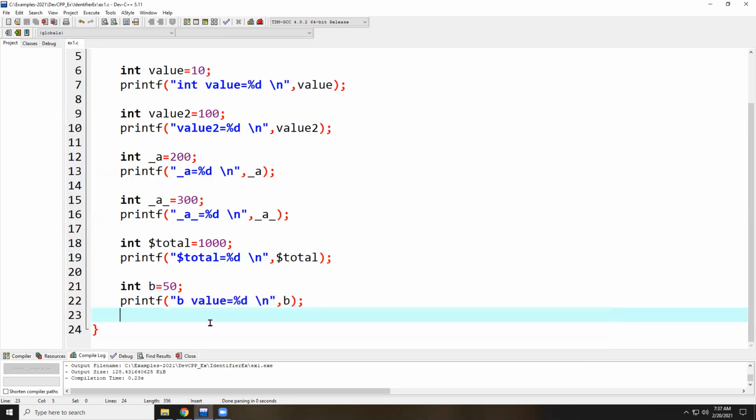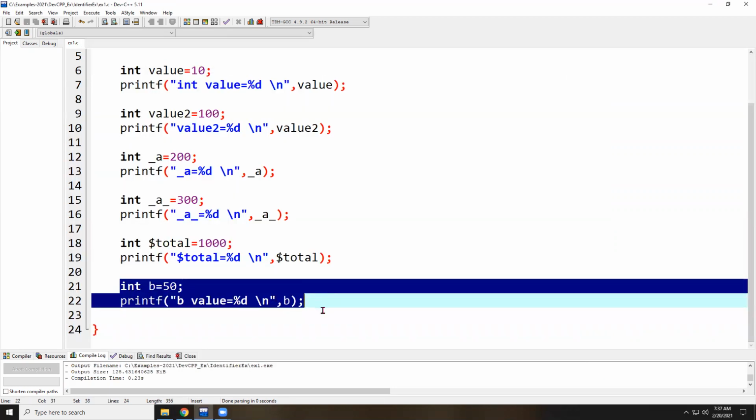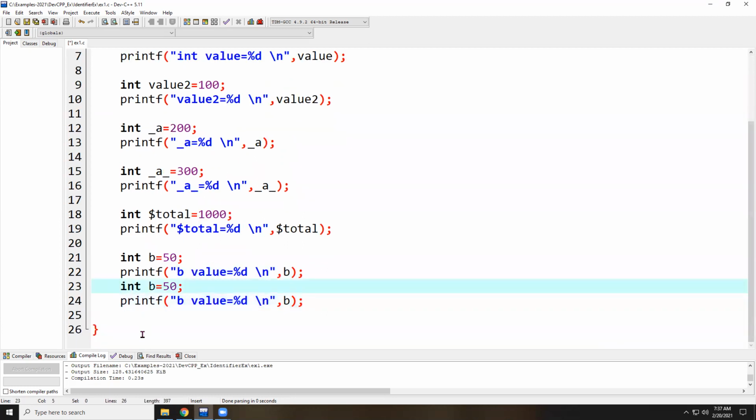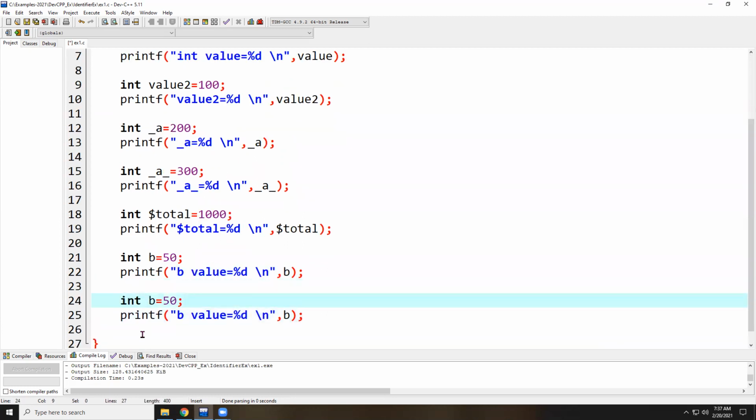Here I try to declare a variable with the same letter, but I use a capital letter B. B is equals to 500. I'm writing B as the same letter, but one in lowercase format and another B in capital letter format. The compiler understands both are different.